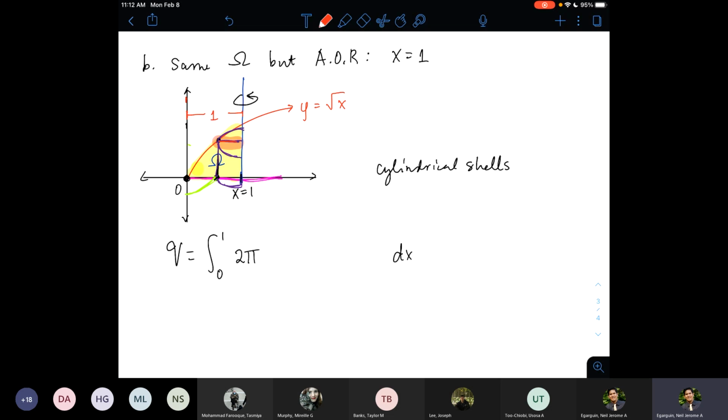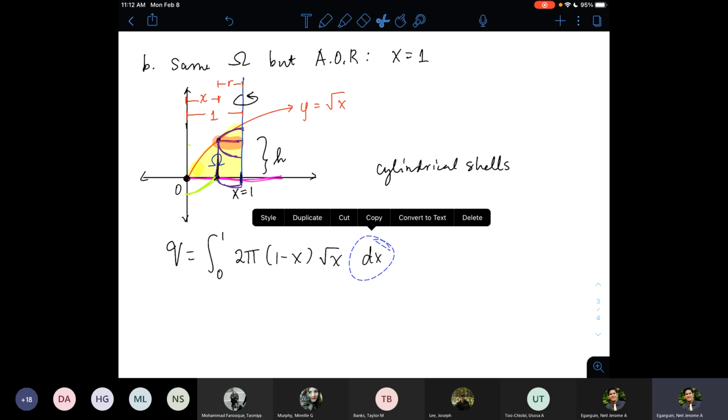And then I know that from the y-axis towards an arbitrary point in space going to the right, that's always x units. But the radius we are computing is this. That's the radius. So looking at the picture, it is clear that the radius would be of length 1 minus x. And then the height will be the height of the vertical strip. So that's going to be root x again. Root x minus 0, but I'll just drop the minus 0. So you'll have this. And you just need to integrate this to get the actual volume.